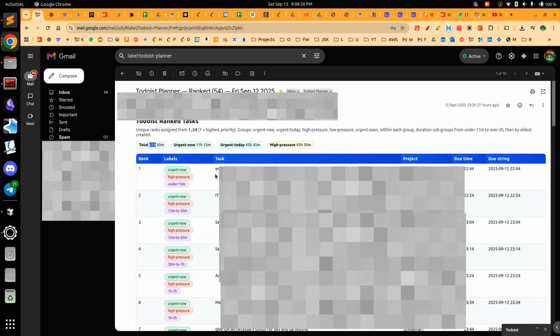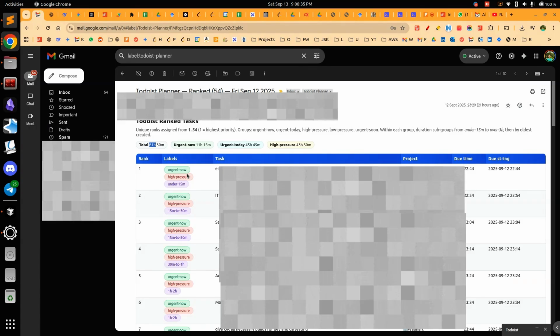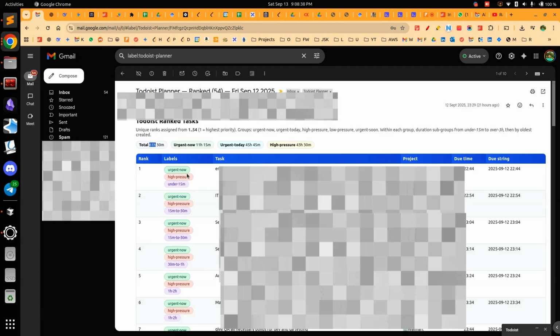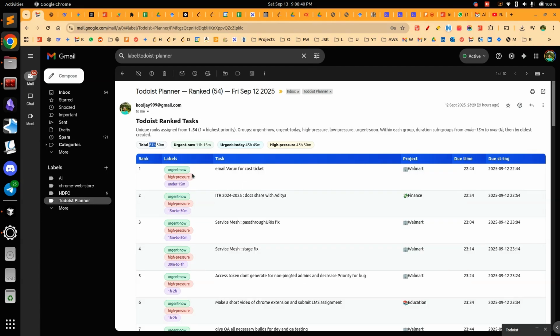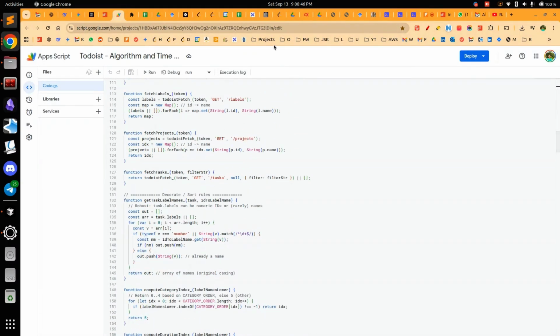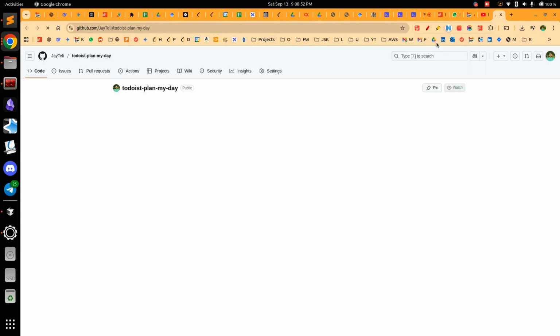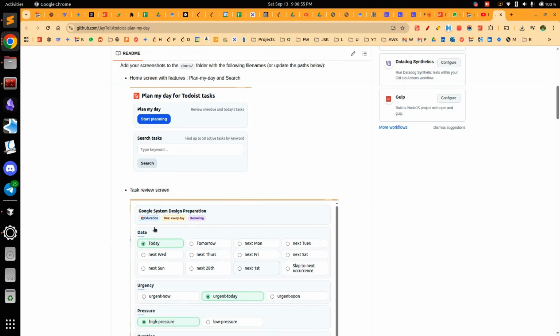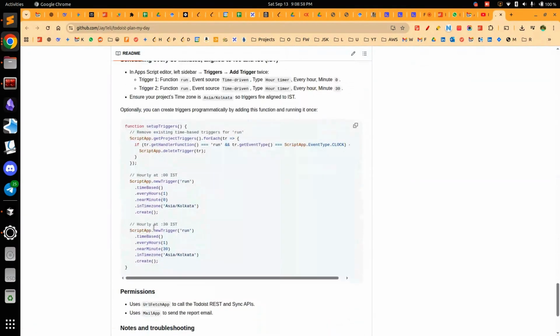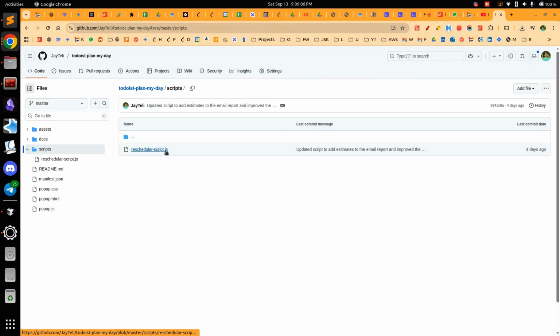Apart from sending this email, I also get notifications from the app as well as on my smartwatch on the tasks, because every hour the script will update the time. I've also made this project open source, so you can check the code over here. If your workflow is different, your labels are different, then you can use the script and modify it as per your workflow. The script that I've used is also part of this, and the Chrome extension is also